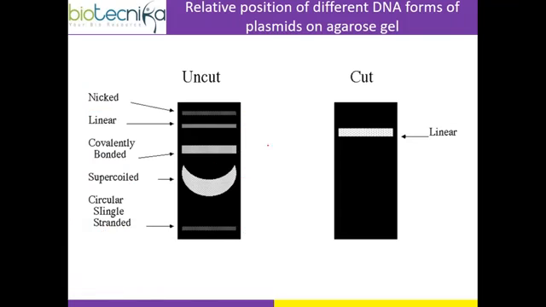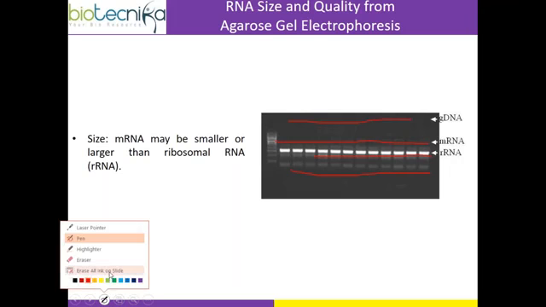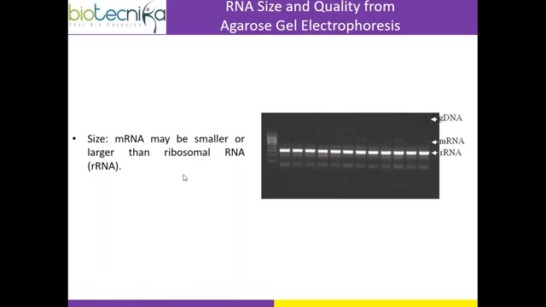You have to remember this. The next one is how to differentiate different forms of RNA. This is how it looks. Always at the top, a very trace amount of genomic DNA will be there, followed by a faint band. This is the mRNA. This much only you will get. The very thick band is your ribosomal RNA, and then below is your tRNA. This is how you will get when you isolate any RNA from the sample. Okay. That's the end of isolation of DNA and then quantification.